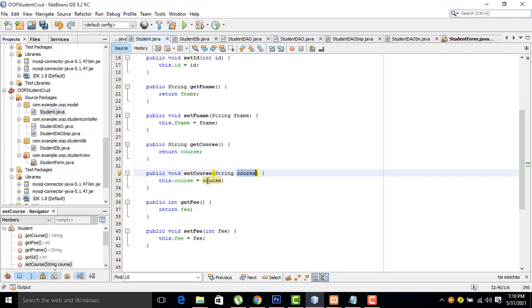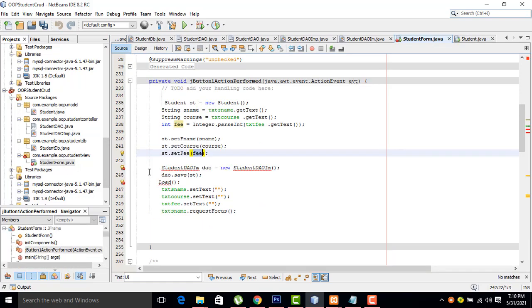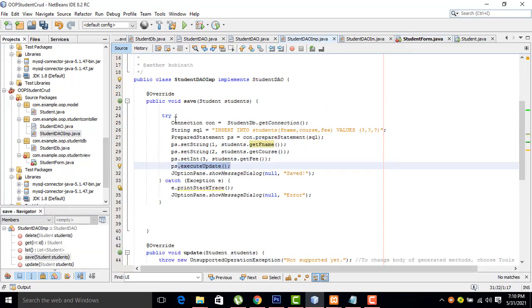Get this argument and we have to set it like this. Okay, it will be set like this. Get the first name, set it, ID set it, all the stuff. After that, what I did here is we have to create the DA. We have a complete CRUD function there, right? The DA, student DA.